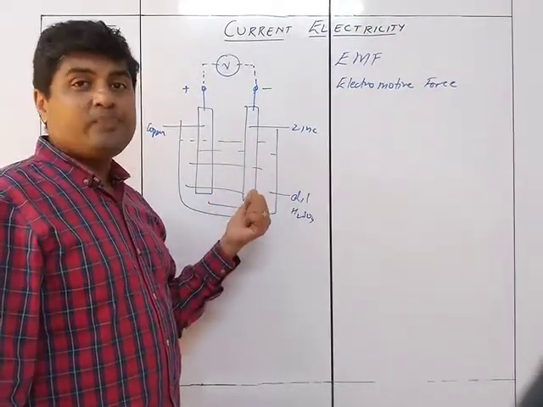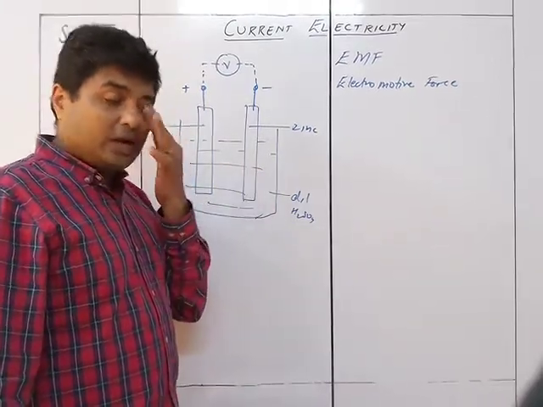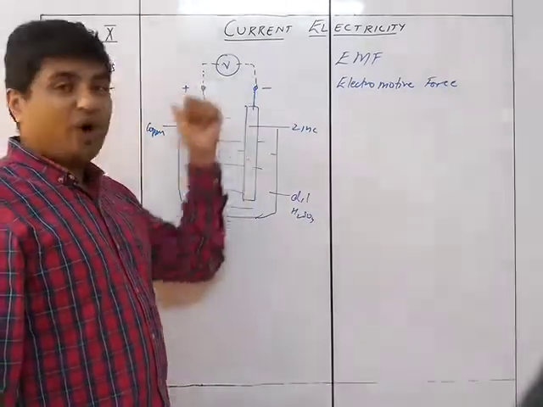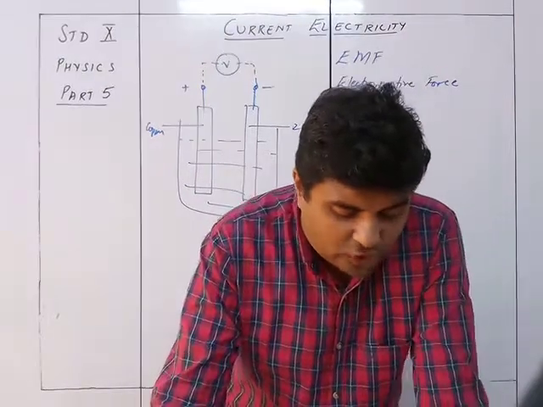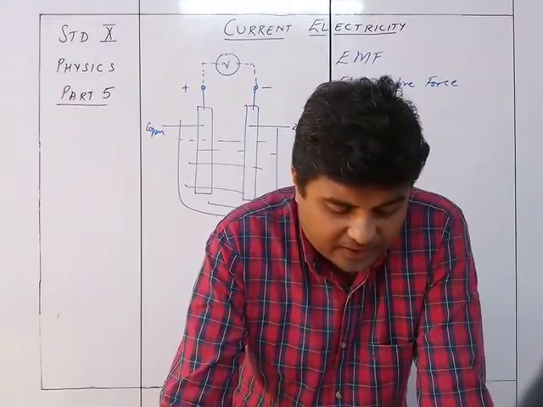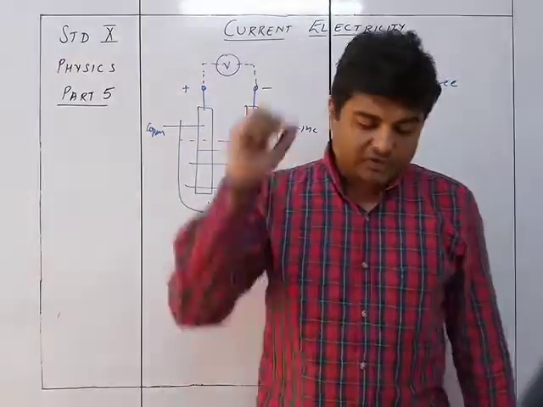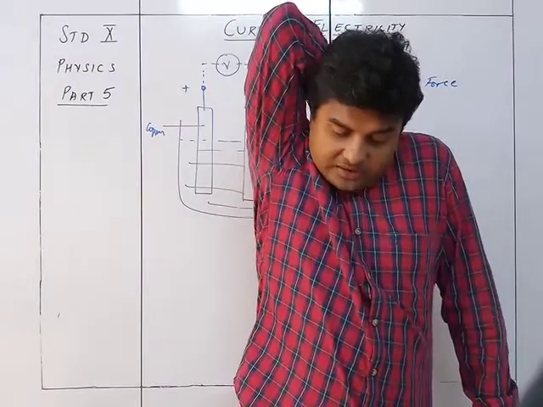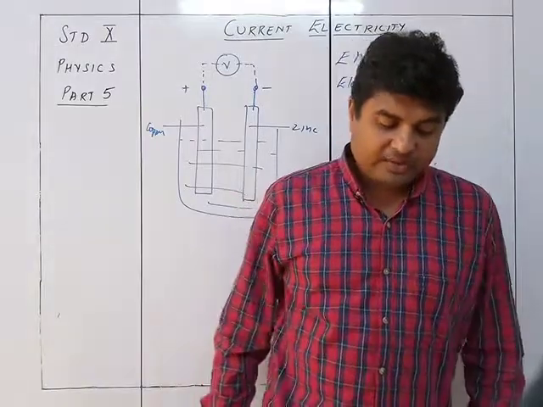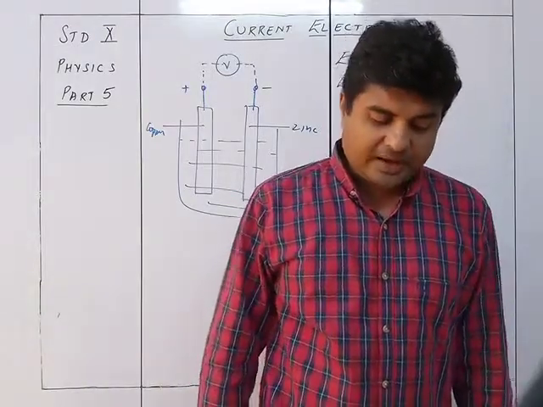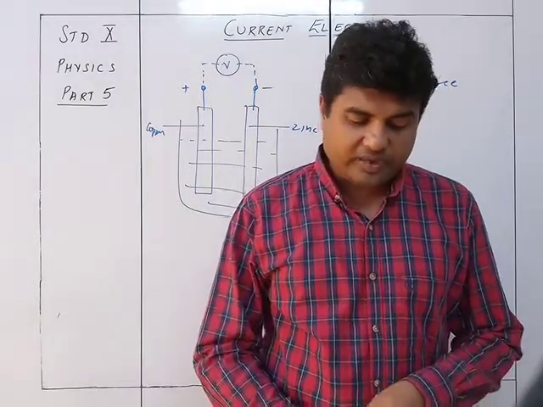So the chemical reaction will be such that the chemical energy is getting converted into electrical energy by the flow of electrons when it is connected to a circuit. Figure 8.11 shows an electric cell having two electrodes, one of zinc and other of copper, placed in an electrolyte, that is dilute sulfuric acid. The electrolyte, sulfuric acid in water, dissociates into positive ions H plus and negative ions SO4 2 minus. These ions move towards the electrodes. The negative ions SO4 impart electrons to the zinc electrode and positive ion H plus gains electron from the copper electrode.